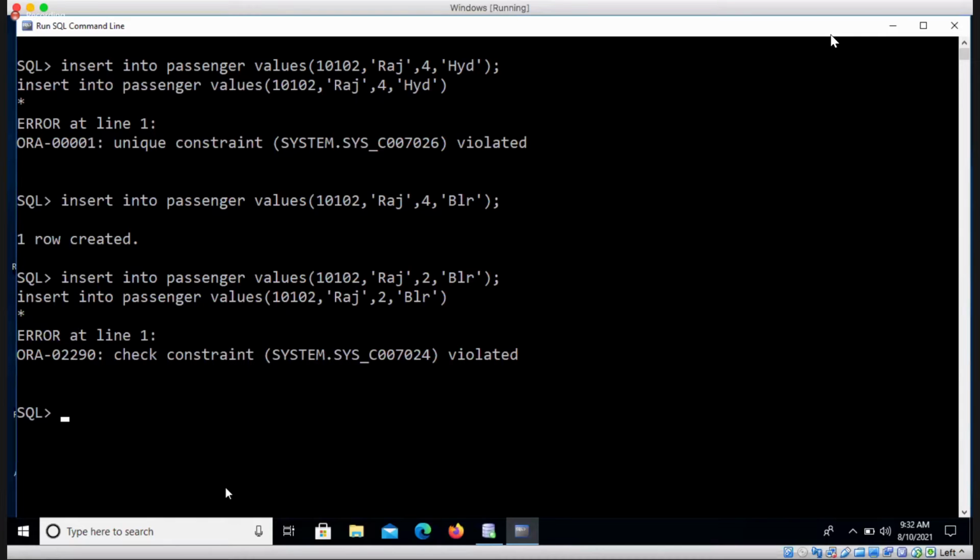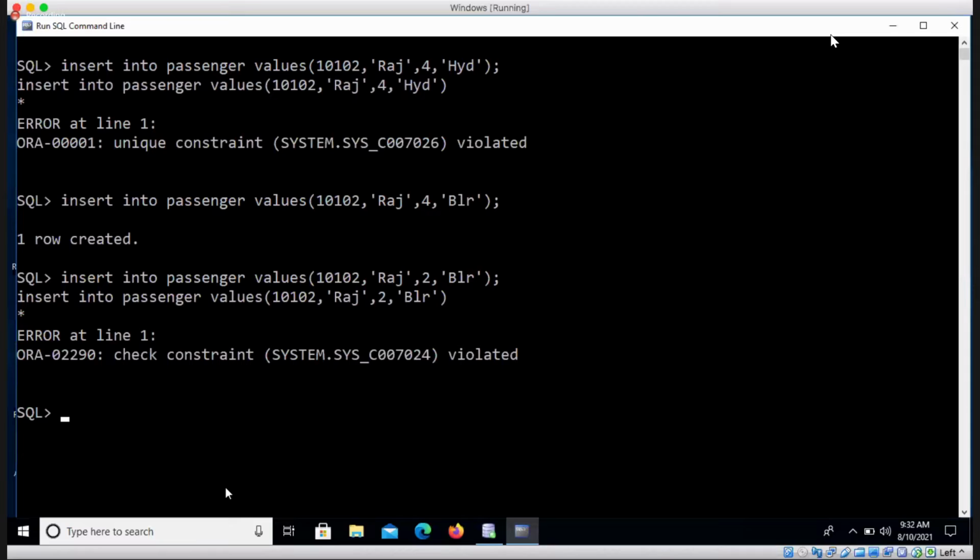So when we go by airlines, if a passenger is a child or an infant, they don't have a fare. Only if they cross 3 years, they have to give the full fare for the flight. So that is why I have kept the constraint as age greater than 3, then you'll have a ticket for that. So I gave that constraint on age. And I'm trying to insert 4. 4 is greater than 3, so the row got created.